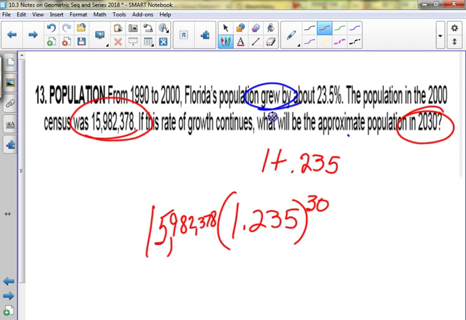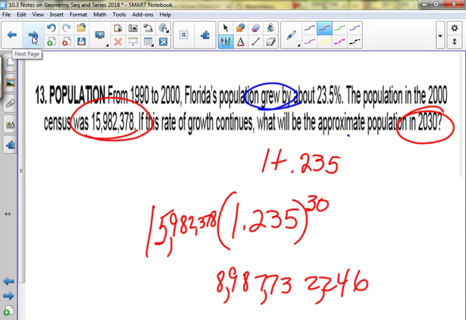All right, I don't know if I can type this in right. Okay, 898-773-2246. Anyone? No? I might have typed something wrong. Okay. You're doing it over again. But see,